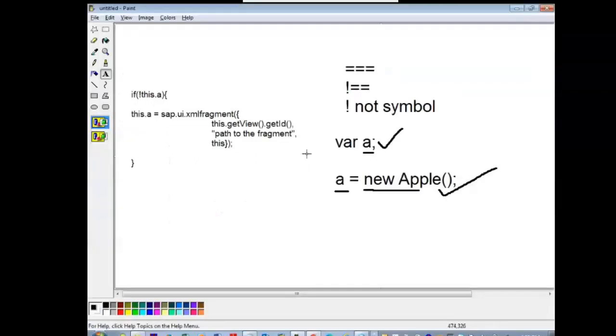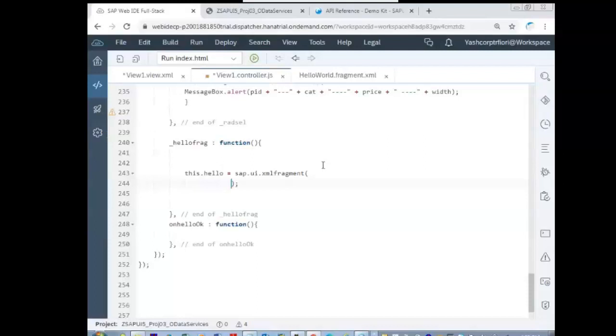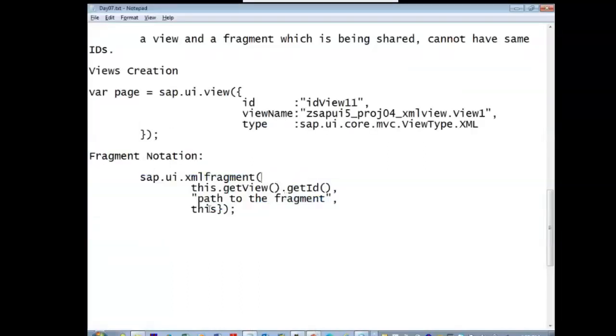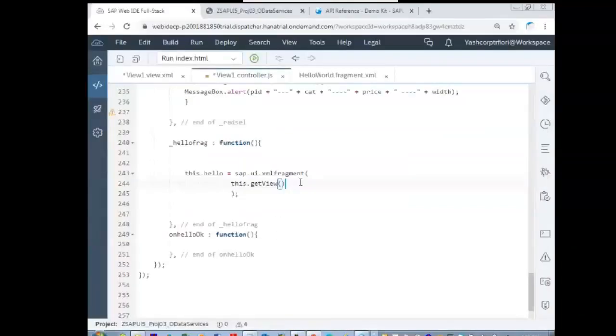There is a curly brace there. this.getView. There is no curly brace, sorry, here in the signature. This curly brace. this.getView().getId(), comma, path to the fragment, comma, this path to the fragment.